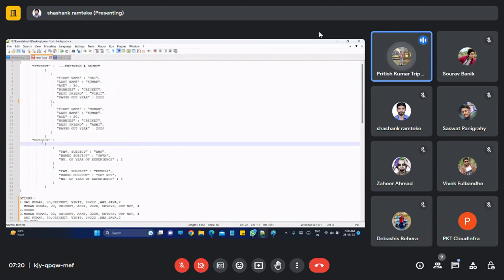Now, again, I want to give one more object. Then what we need to do, my dear? Here we also have to give a comma. Is it clear? If you are defining any new object, then again you have to separate with a comma. If you are defining a set of array, again you have to separate with a comma. Is it clear?